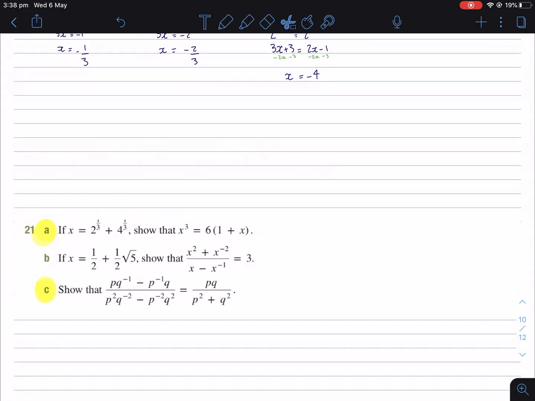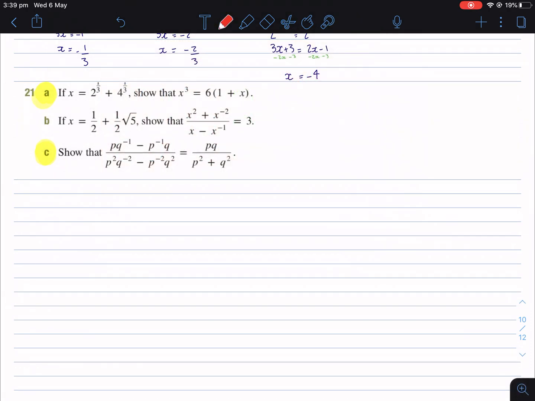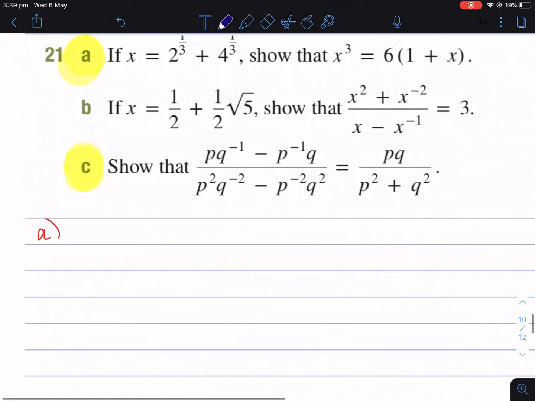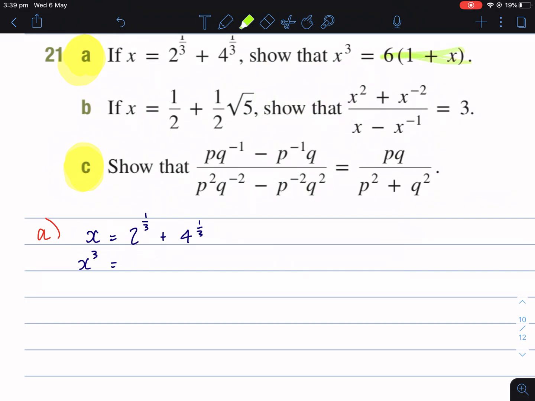Question 21, penultimate question. And they've told us that x equals 2 to the 1/3 plus 4 to the 1/3. So x cubed, we're trying to show what x cubed, we're hoping to show that it's going to come out as this. But we're going to have to go through the process. So x cubed is 2 to the 1/3 plus 4 to the 1/3,